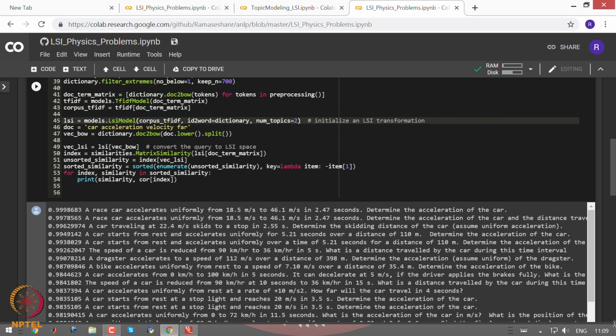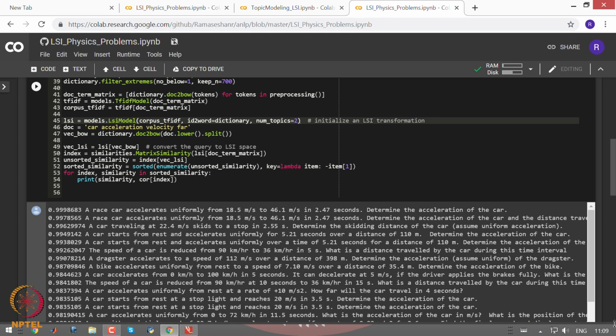So, what has happened here? It is able to find a document which does not have the word car. You remember the idea of having the distributed embedding is to find the similar terms. So, it is somehow able to find the dragster is similar to the car.